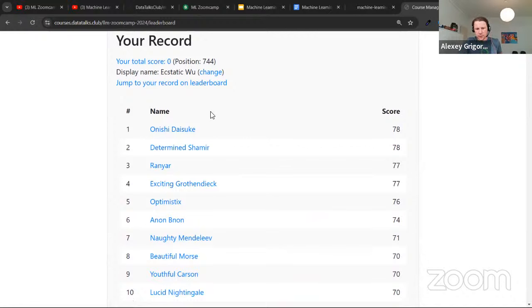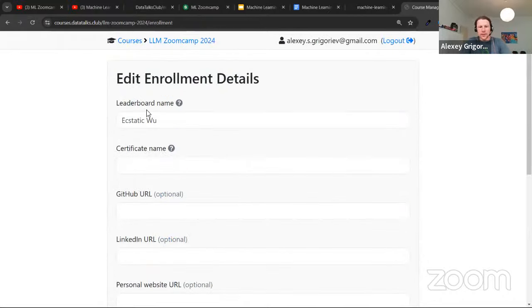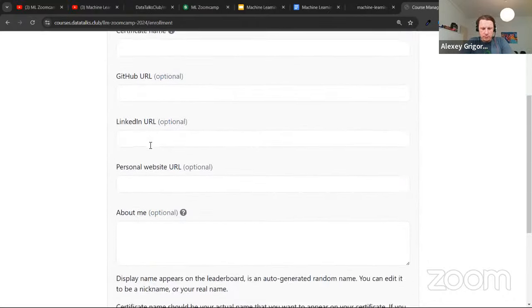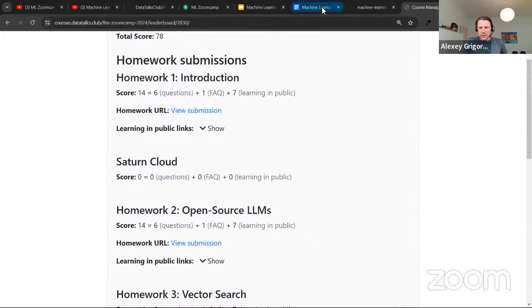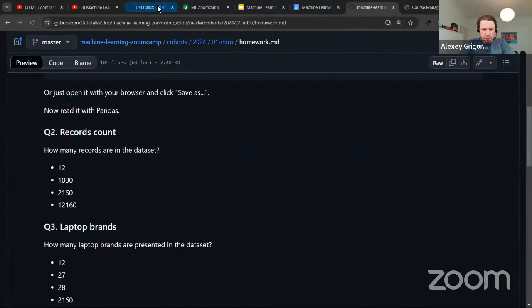And you can also decide to put your real name here, or there is a generated anonymous name, so you can use your real name if you want. You can also put your GitHub URL, your LinkedIn URL if you don't want to be anonymous. And actually, everything you submit, for example, what did I submit here?